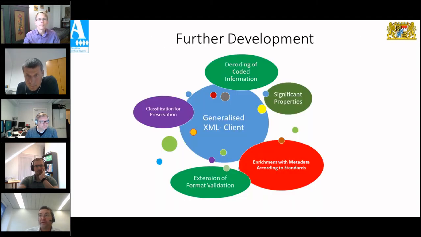Naturally, we are already considering the best ways to develop this tool further on. Possible other automatization steps could be the enhancement with standardized metadata from external resources, or with the relevant standards defined by the respective science community. We are also thinking about an automated definition of significant characteristics for data coming from specific origin systems, or assigning data to preservation units following different formats.